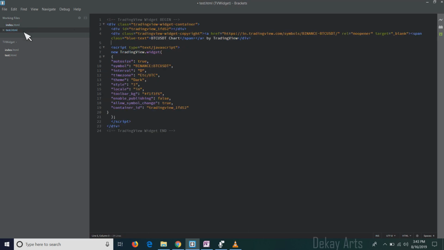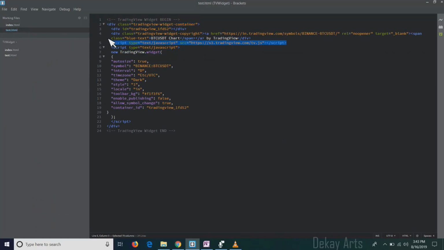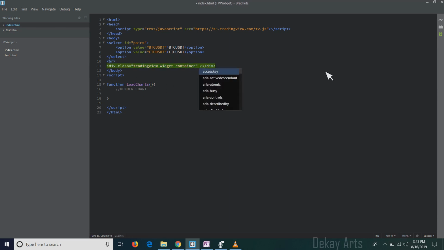Okay, then I'm going to create a div tag, cut, it's a cut paste. I'm going to cut this. I'm going to create a line break so that there is a gap between the input field and the chart. Okay, so I've created the div tag, then I don't need this line, delete this. I can either create a new div tag or use the same tag with an ID. We'll call it tradingview-chart.